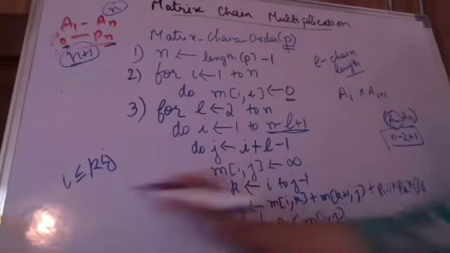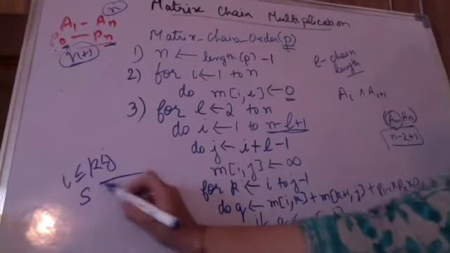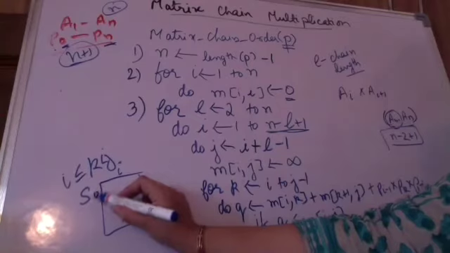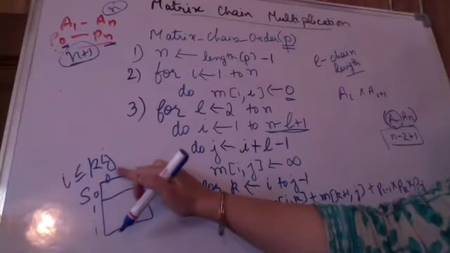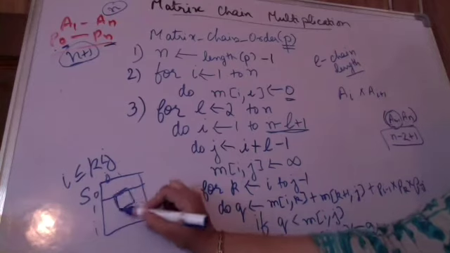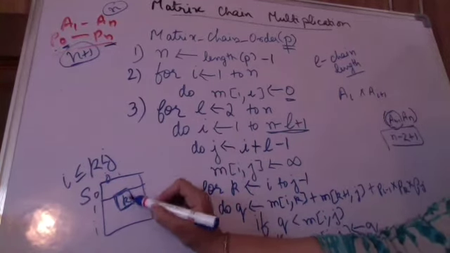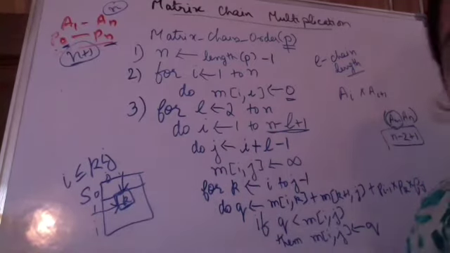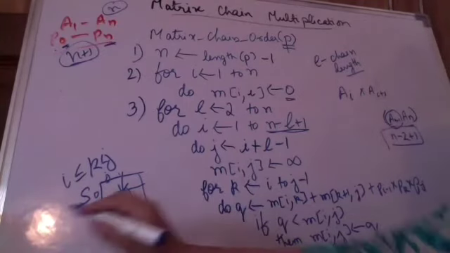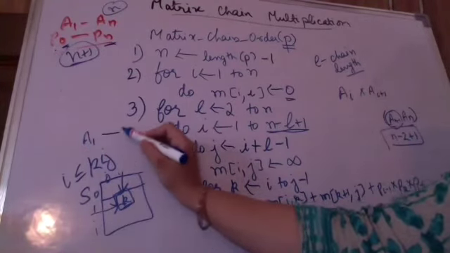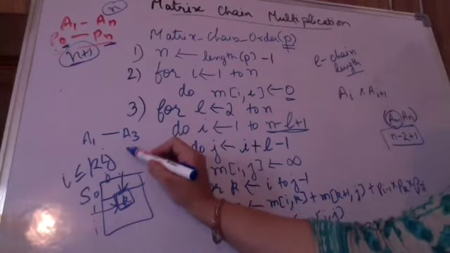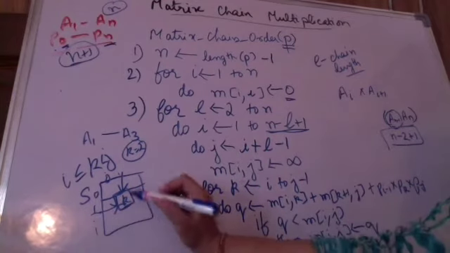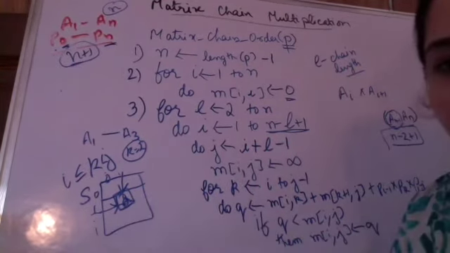which is S[i][j]. What is S[i][j] going to have? S[i][j] is a matrix with i running over 0, 1, 2 and j running over 0, 1, 2. Each entry gives me the value of k which gives the minimum number of scalar multiplications for matrices i to j. In short, if I am bifurcating A1 till A3, and suppose k comes out to be 2 for the best parenthesization, then at position 1, 3 the value 2 will be stored. Is it clear?